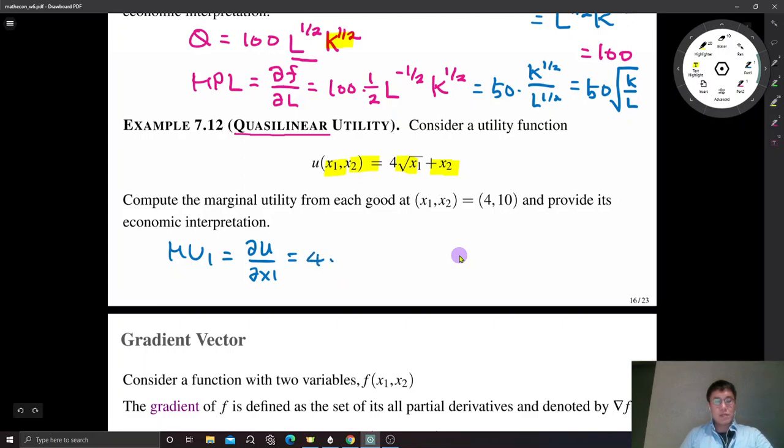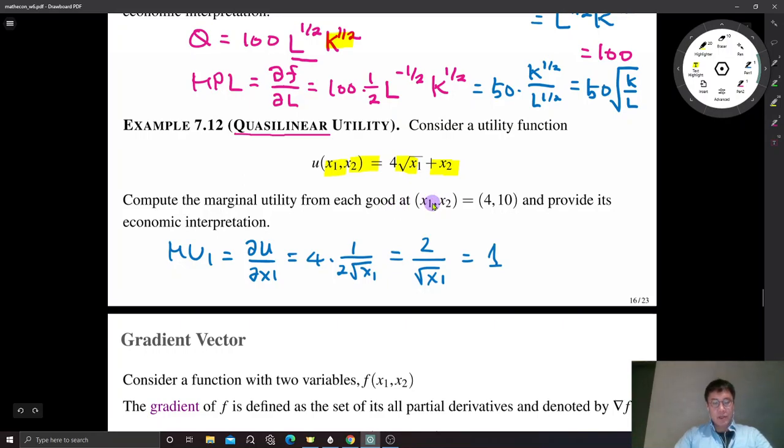4 times, it's very convenient to remember that the square root function's derivative is 1 over 2 times the square root of x. Okay, so now the variable is x1, so we have a square root of x1. So we have 2 over square root of x1. Okay, so at (4, 10), because there's no x2 in this expression, we just put in 4 for x1 to obtain just 1. Right? So interpretation,